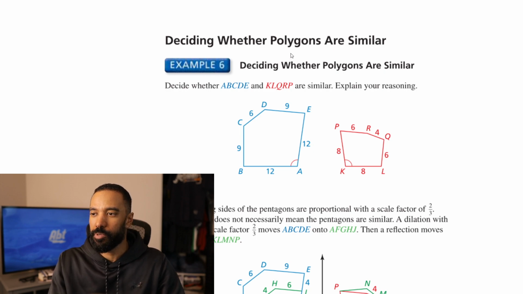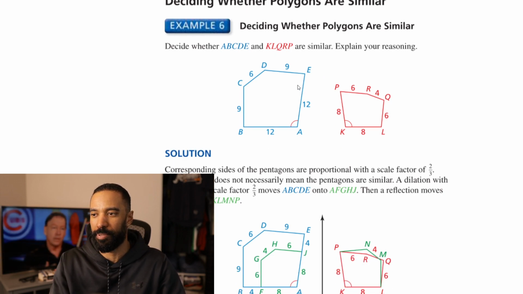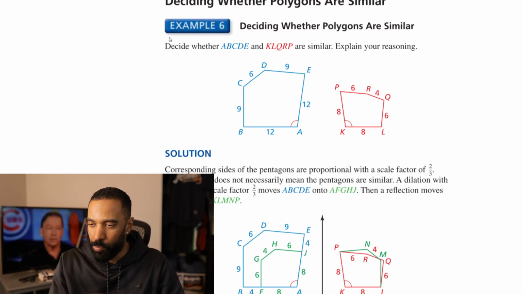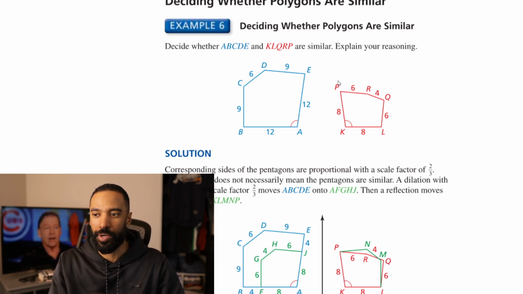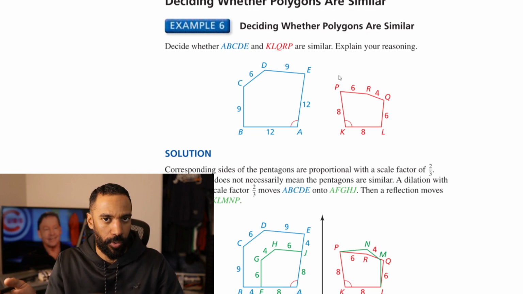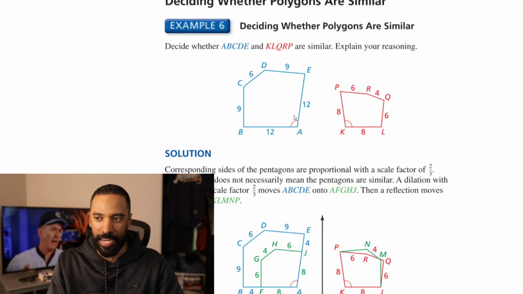And then we have other examples deciding whether polygons are similar. So we have this pentagon ABCDE and KLQRP. They say, decide whether they're similar and explain your reasoning. Well, one thing you could do is determine which parts are supposed to correspond. You can tell it looks like a reflection. A looks like it should correspond to K, and as you move throughout,